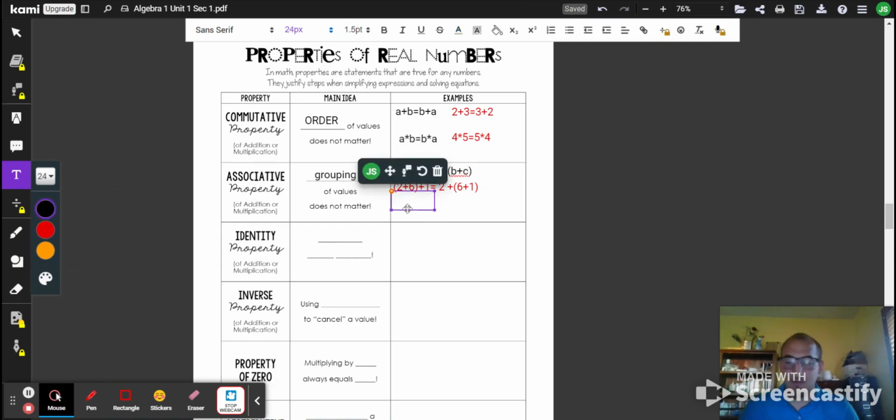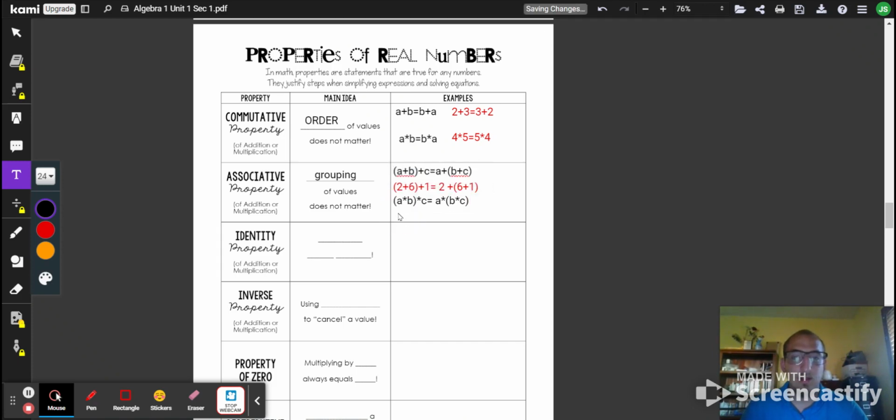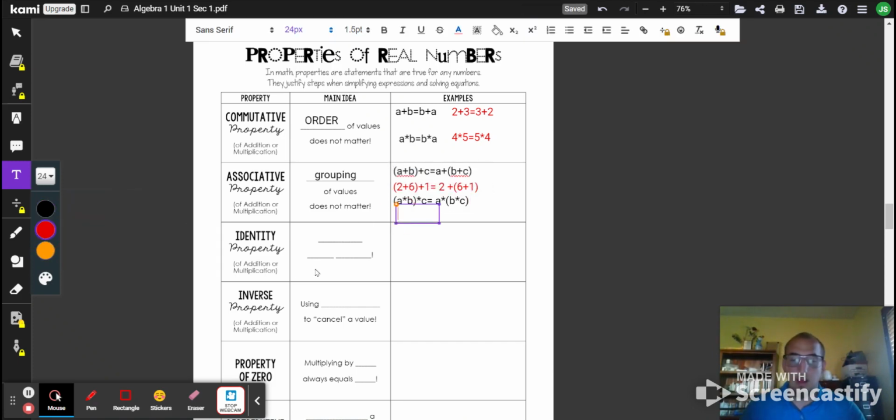And then the same thing goes for multiplication. So we can do A times B in parentheses times C is the same as A times the quantity B times C in parentheses. Same thing. And then let me put a red example underneath it. We can use the same three numbers or different ones. I'm going to use a variable this time. So what if we did 9 times 4, in parentheses, times y is the same as saying